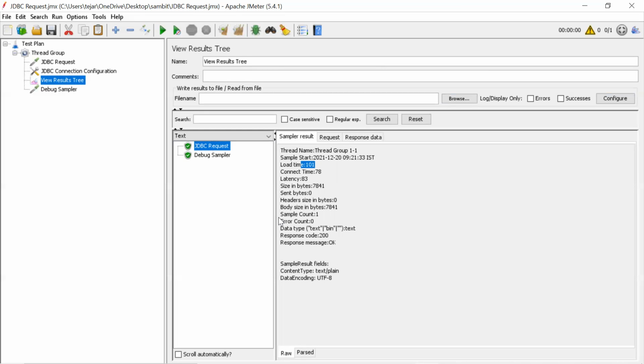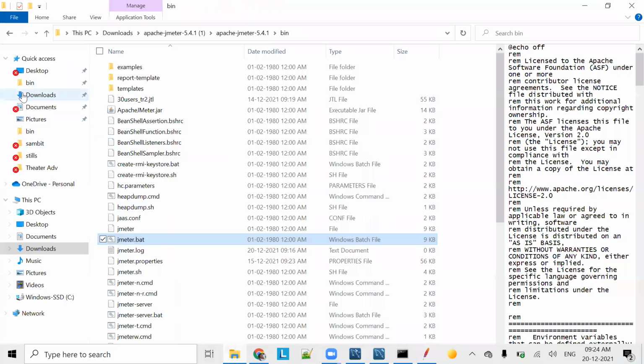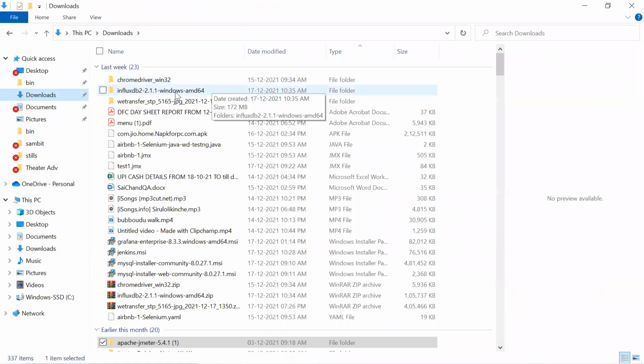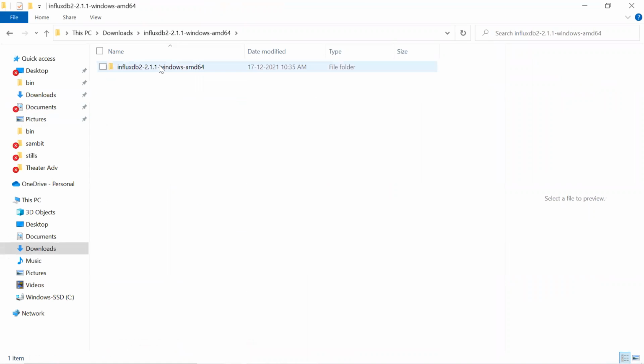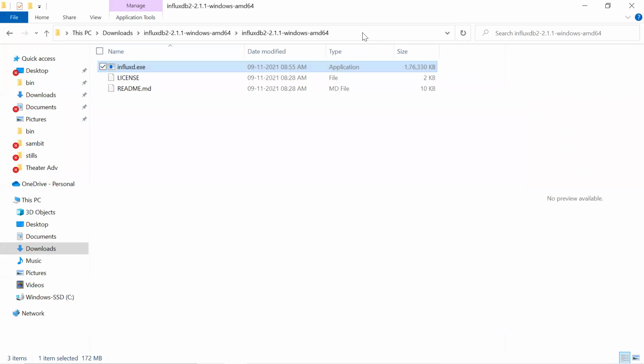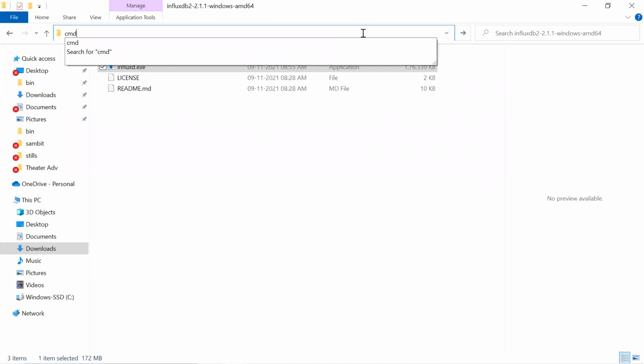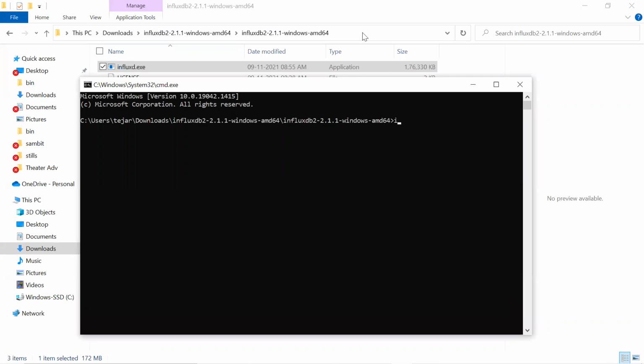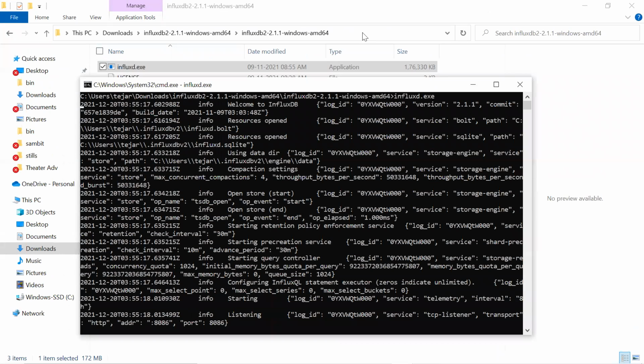I already downloaded those things, so let's see. We can easily download Influx; there is a lot of documentation available. You can see the DB has started now, and whatever calls I make, you'll get the data here.